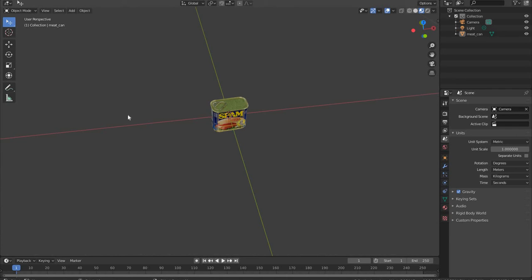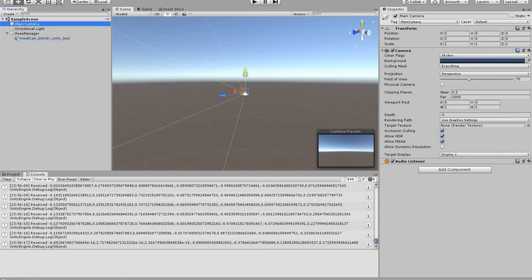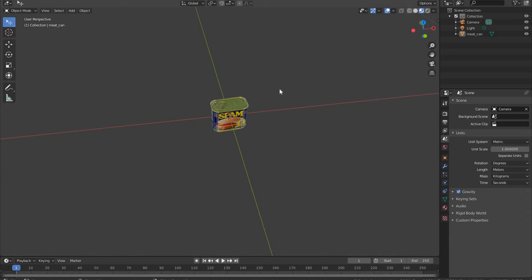So this is the updated version. Now I will try to track this object using Dope, and will display the detection in the Unity game engine. So in Blender, this is how the object